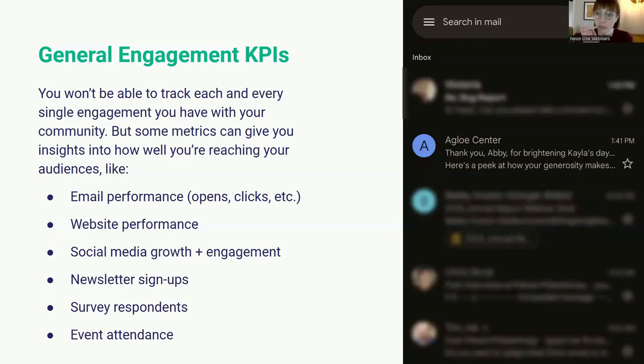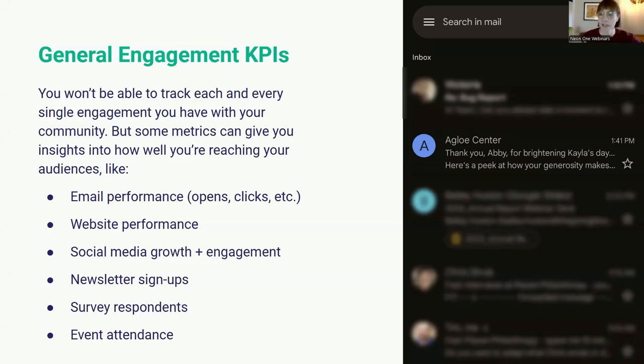And I say general engagement because I'm going to talk specifically about supporter engagement in a different section. So, we all know how important it is to keep your community engaged. It's a huge deal. It's important whether you want to reach existing supporters, and it's really important if you want to reach new audiences. But regardless of what your goals are, understanding how people engage with you, both online and in real life, will help you build deep relationships and build that really thriving community.